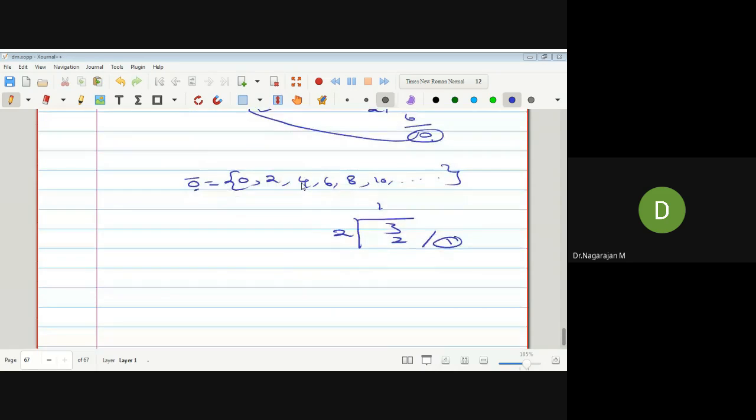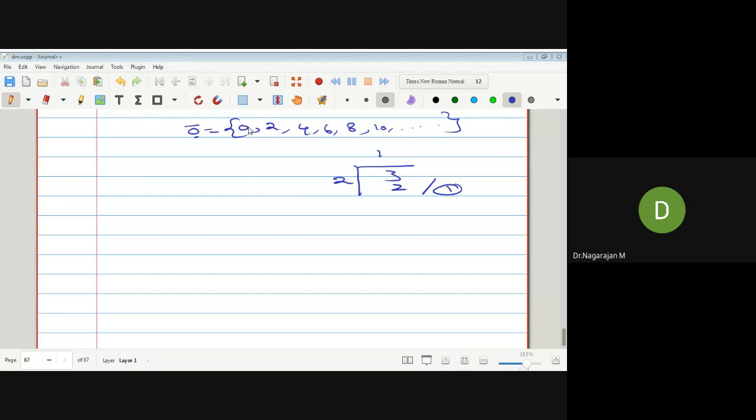What is another element? For the 0 class the next element was 2, and here the next element is also 3. What are the elements here? 3, and also 5, 7, and 9. The next element is 11. This set is called the 1 class, because the remainder is 1. You can divide another element, maybe I take 5. You divide 5 by 2: 2 times 2 is 4, therefore 5 minus 4 is 1. Therefore 1 is the remainder, so 5 is also an element of the 1 class.